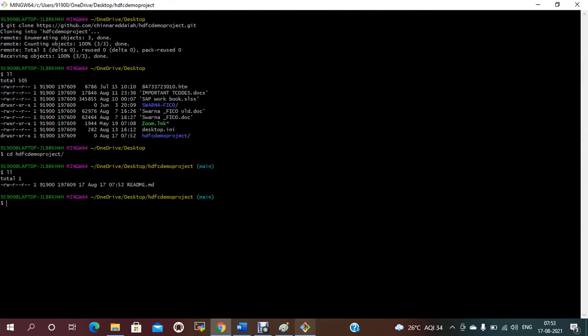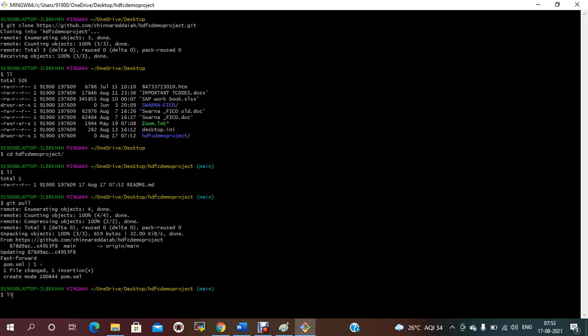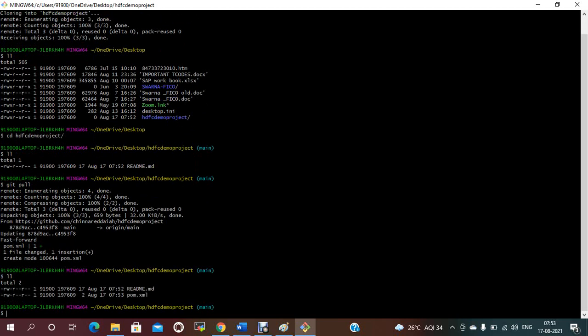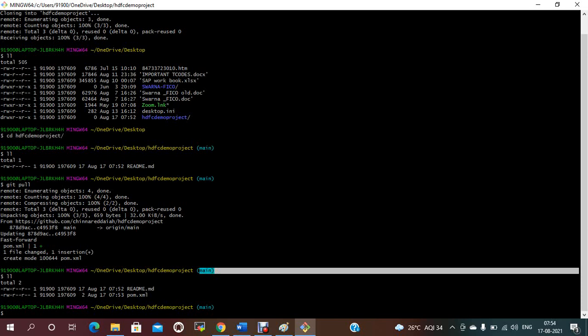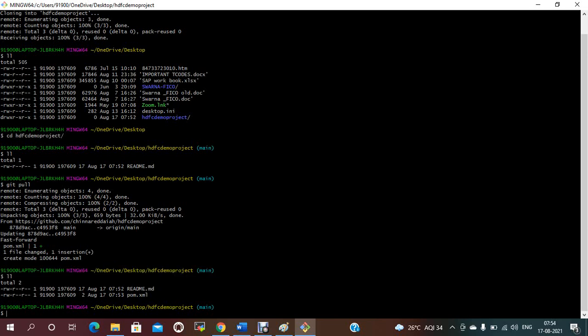To get this new file, we don't need to use git clone every time. You need to use git pull. If you do git pull, it should get the two files. Now the form file also comes from remote to the local. Pull means it will fetch the changes from the remote and merge them with your local repository. We will discuss branches, this is the main branch, and more git commands in the next session.